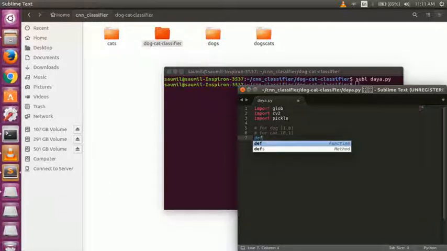Define main data or train data. Okay, image size is equal to 50 by 50, and length will be equal to image size into image size. Pics of dogs is equal to